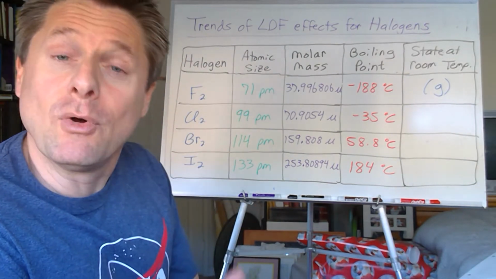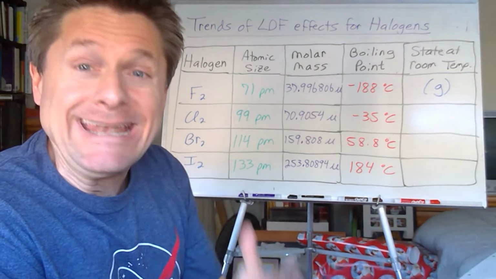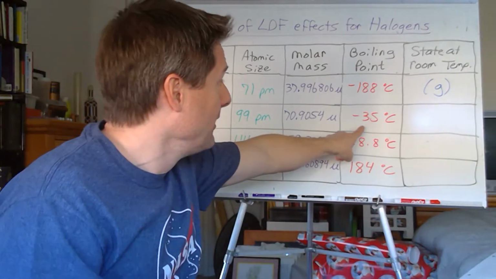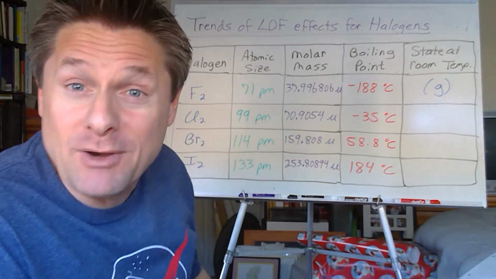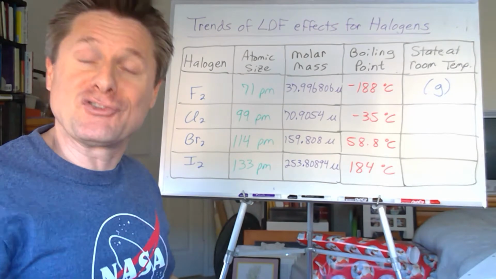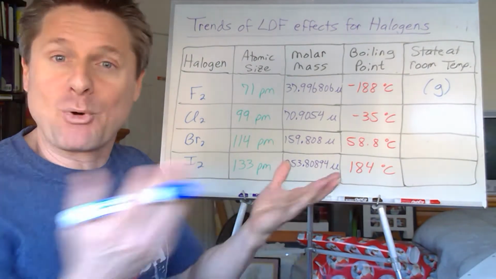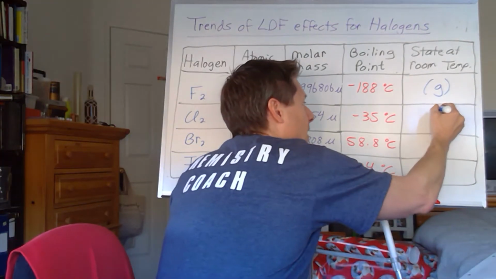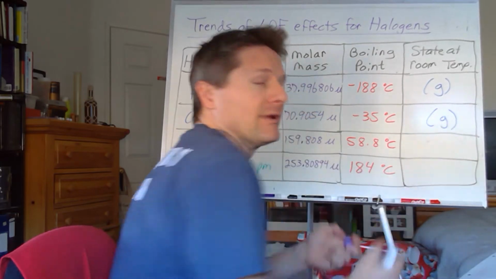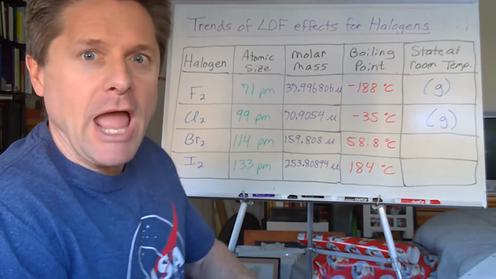Chlorine, most of you realize that if you see it, it's a green gas at room temperature, because its boiling point is negative 35 degrees Celsius. That's below room temperature. So the thermal energy at room temperature breaks those intermolecular forces, and chlorine happens to be a toxic green gas from a green dragon. Okay, anyway,